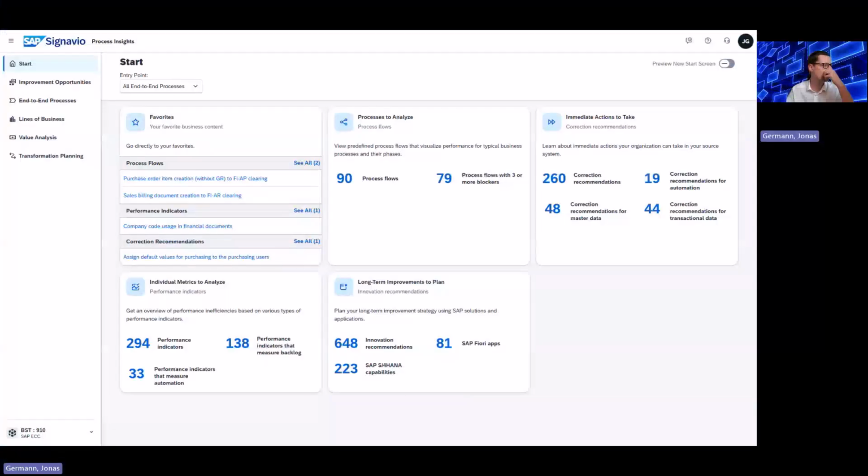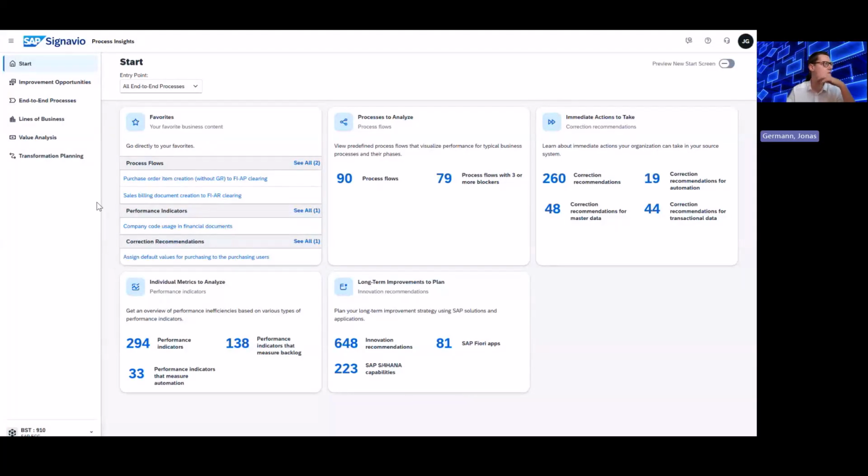Hey, today I want to show you how to get the most of your data in SAP Signavio Process Insights. So if you use SAP Signavio Process Insights, after analyzing your ERP or Ariba or CRM, it looks like this. So you have a lot of process flows, innovation recommendations, possible Fiori apps, capabilities to use to improve the quality